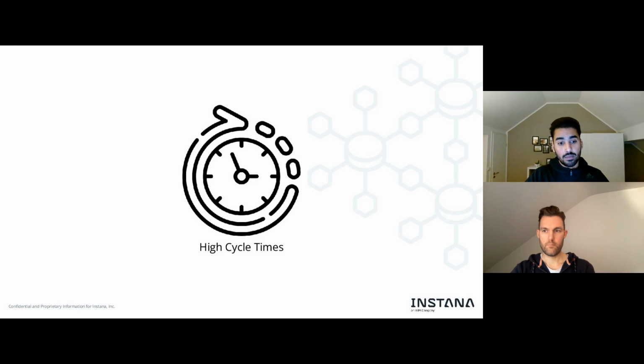Resulting, when you waste time, one of the immediate results, and another problem of ours, were high cycle times. What are high cycle times? So, just so that we're all on the same page, cycle time is the time you spend on finishing a certain work item. The time starts when you actually start working on it, and the time stops once you actually ship it, right? As long as it's in your backlog, this time doesn't start, right? We don't care. But as soon as you start working on it, the timer starts ticking, right?